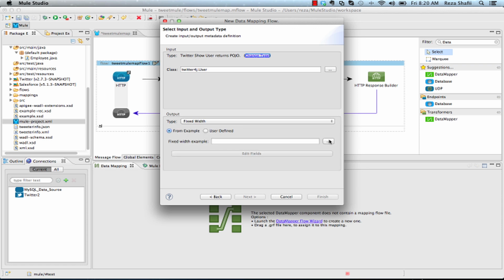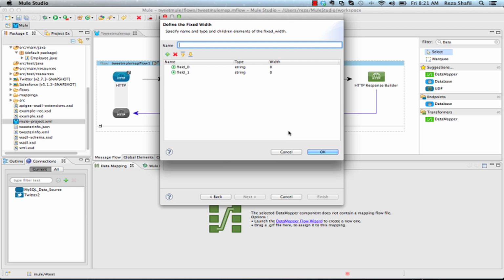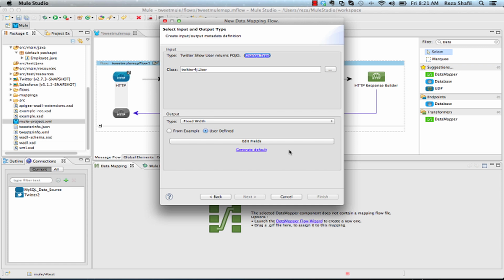As you can see, I can generate the structure of my fixed width file either by using an example file or by defining it manually through the user-defined option. Here though, I'm going to do neither of those, and I'm going to take advantage of a new feature in DataMapper called Generate Default. Generate Default automatically generates a mirroring structure for me by looking at the input and creating a structure that maps the fixed width type in this case. And this feature is available for all of our other data types as well. If I do that and click Finish,